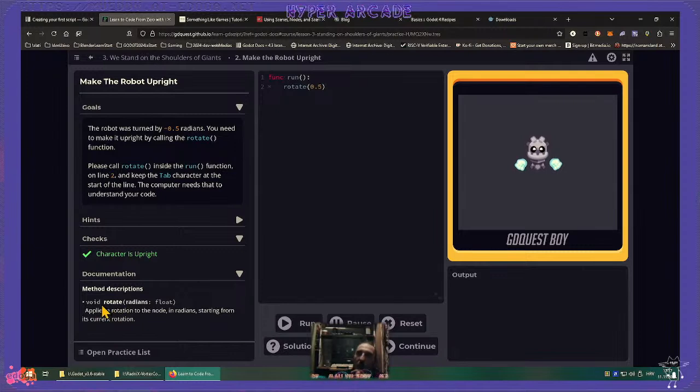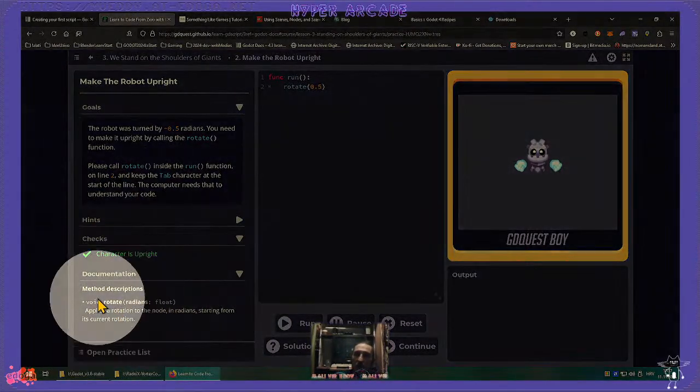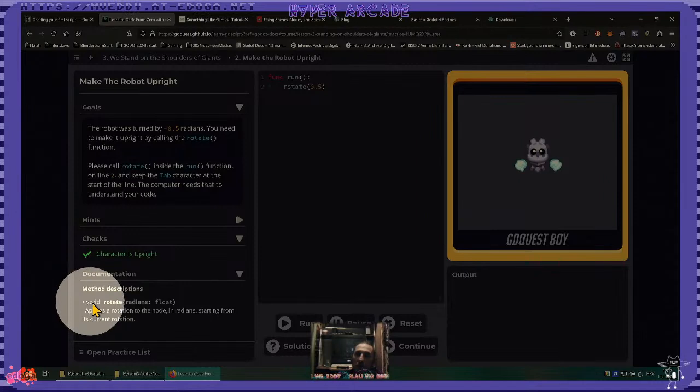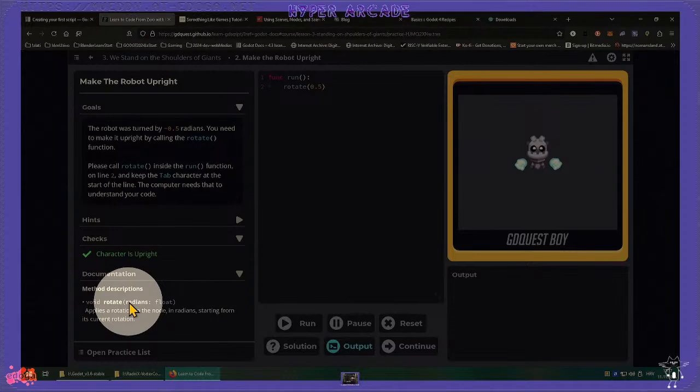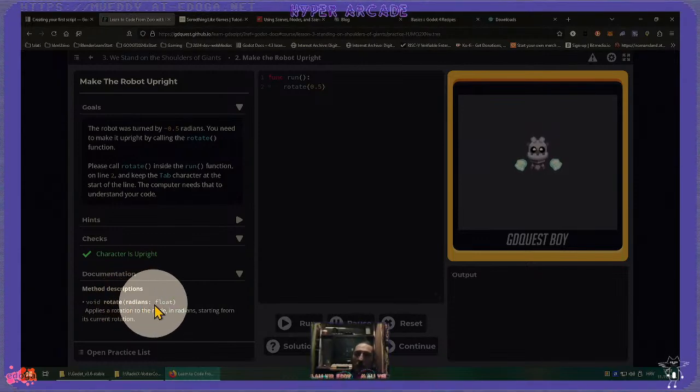So, float void, so this method rotate, radians. Again, this statement here, the method description, explains the return value none or void, and it takes radians in a float format. It means actually